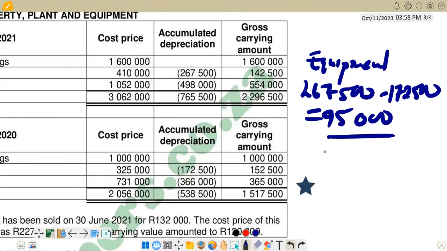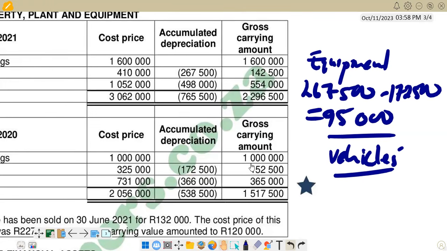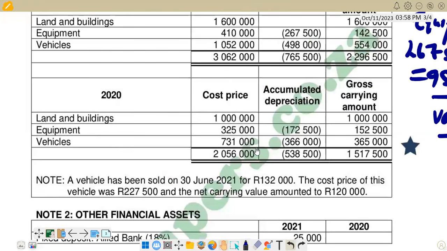Now we have got another one, which is vehicles. When we find for vehicles, we add together to get the total for depreciation for all the non-current assets. So if you come to vehicles, there we see that vehicles had a disposal. So how can we basically find depreciation for the year? We can use the calculation for the